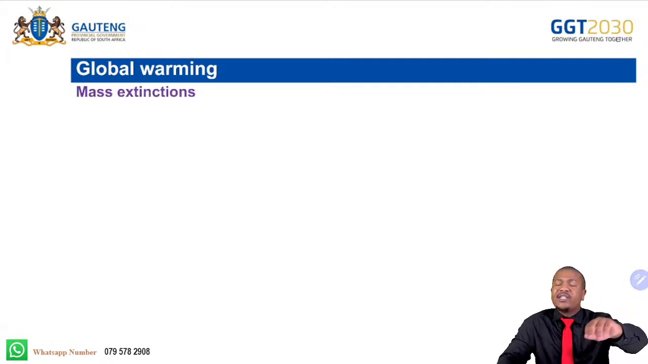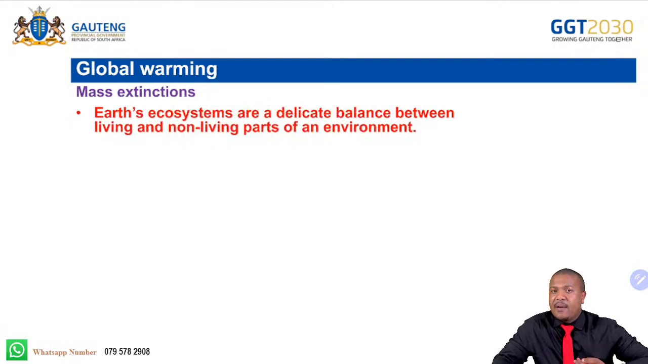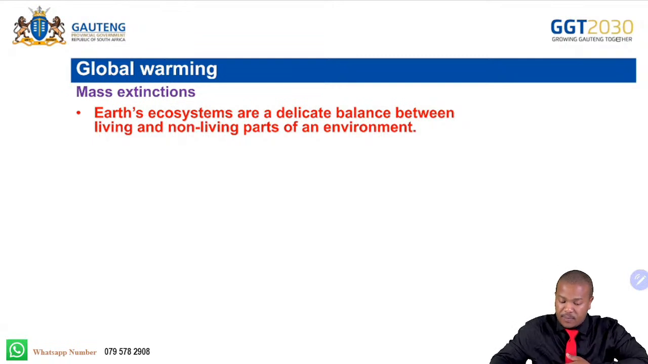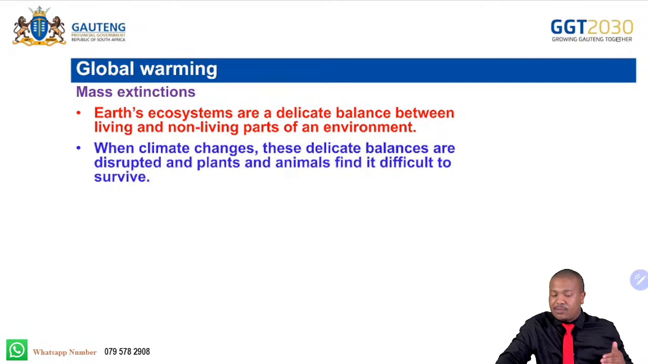Right. Now, what about mass extinctions? Remember, mass extinction is the dying of a species and becoming extinct in a short period of time. The Earth's ecosystems are a delicate balance between living and non-living parts of an environment. So when the climate changes, these delicate balances are disrupted,